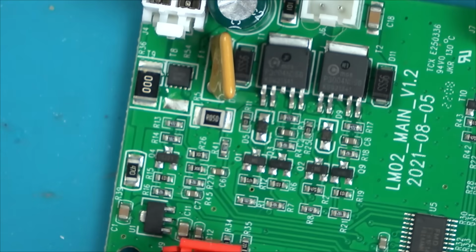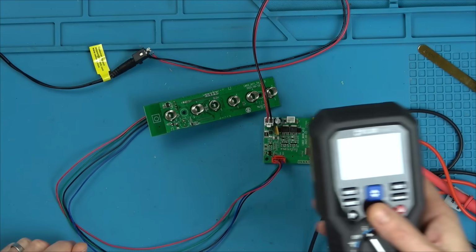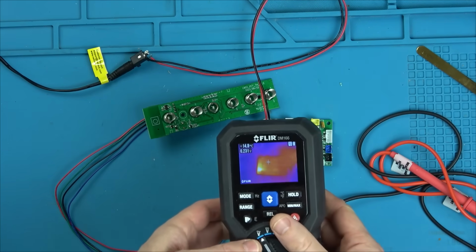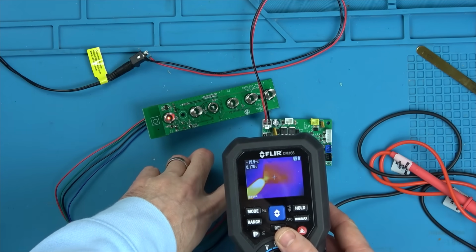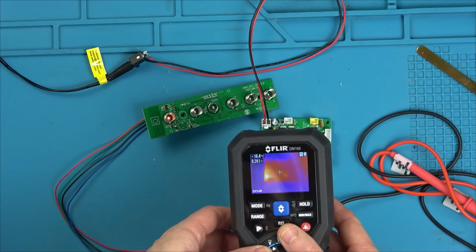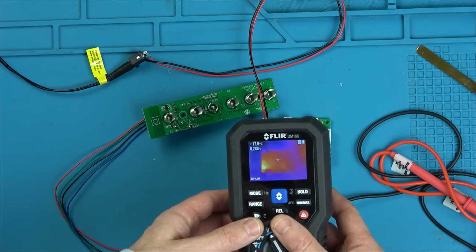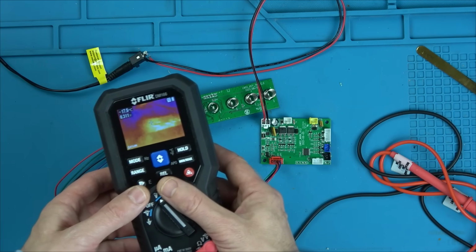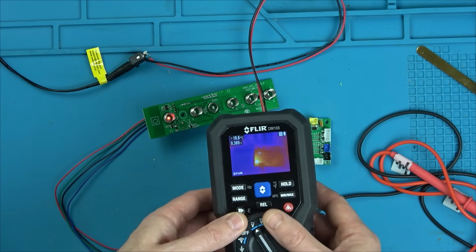Let's get the flare cam on. Well, hopefully this might show something up. Oh, yes it does. But it's not hot, but it's that voltage regulator. Okay, good, we've got something to go on, but a voltage regulator would get hot. Let's try this one here. Nothing there. So the only thing getting hot is,